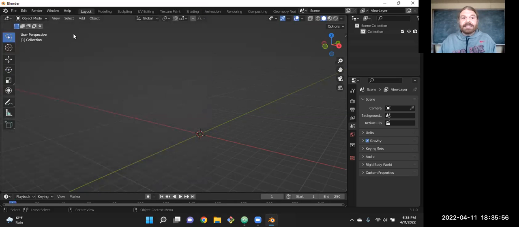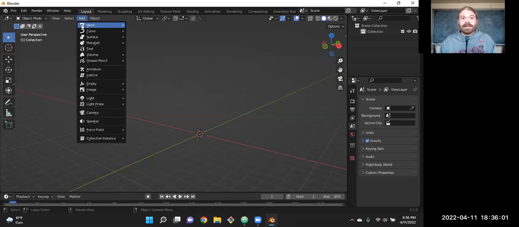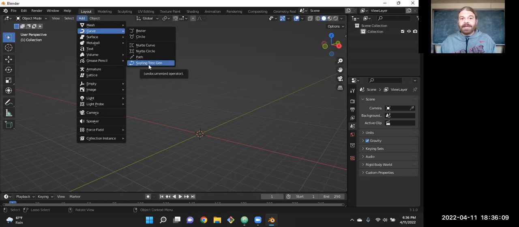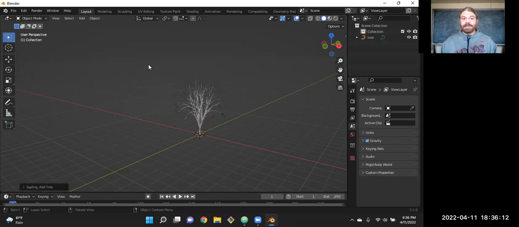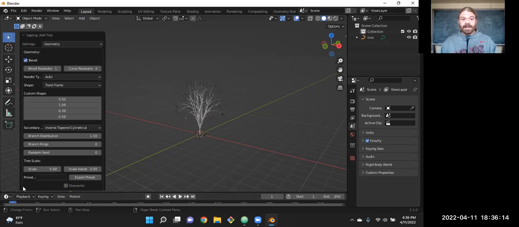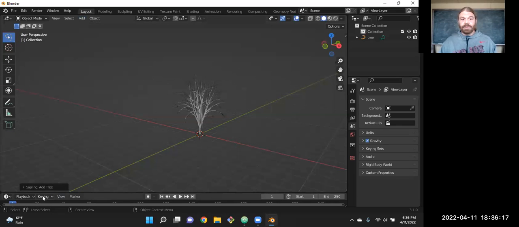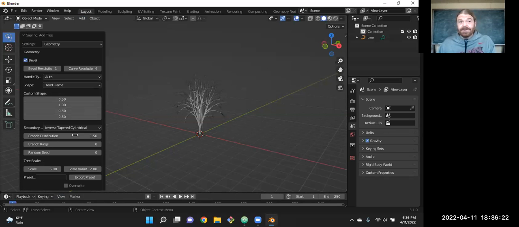Once you've checked that sapling box, you come to Add, and it's under Curve now. Under Add and Curve, you'll see Sapling Tree Gen. So there's just inserting a tree. And down here in the corner, we always have this box that shows the last thing we did. It pretty much all has to be done here. Here are the parameters we can fill in on it. And there's actually lots of them. So we're getting ready to look through that.